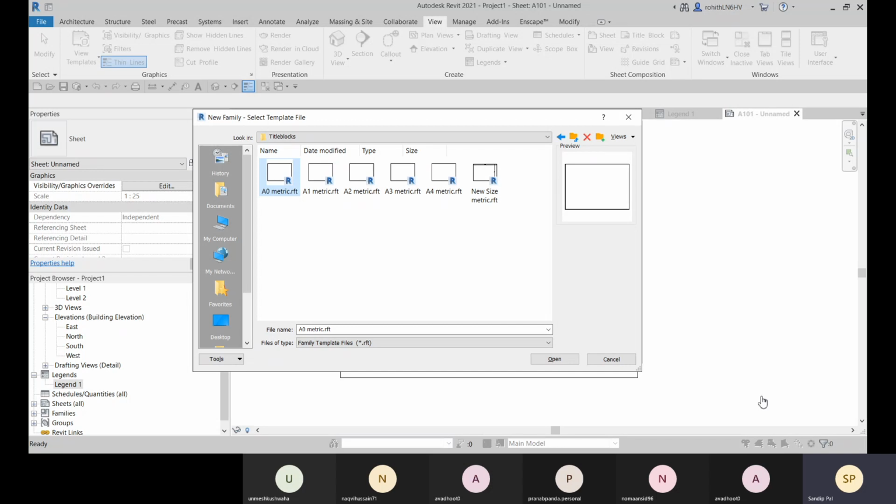What is the A1? Half of it. Half of which? A0. So that means half of 841 and 1189.